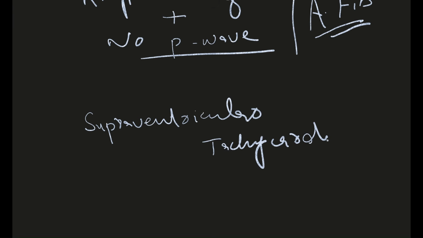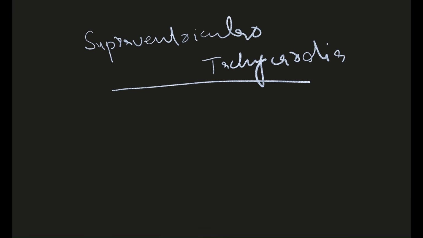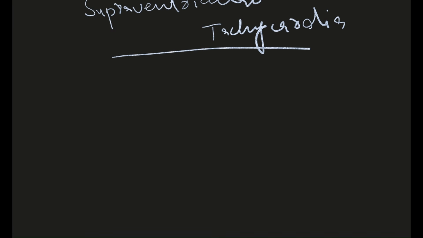This is a term. Sometimes it's my personal opinion that it's a misnomer. Any tachyarrhythmia, any kind of tachycardia originating above the ventricular is basically a supraventricular tachycardia. However, this supraventricular tachycardia, SVT, is mostly labeled to those ECGs in which there is narrow complex QRS